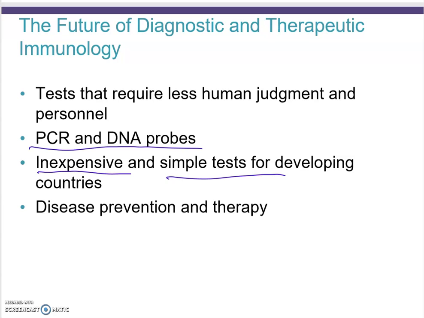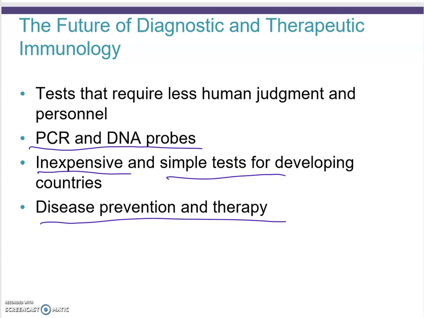And here, this is actually a really big point: disease prevention and therapy. So, of course, you can use your diagnostic tests for disease prevention. You can also use them to diagnose disease, and then use something that leads up to therapy. In addition, immunology has been used widely these days to develop monoclonal antibodies that can be used in cancer chemotherapy. It's a very targeted approach. Also, you have a bunch of new gene therapy approaches, and that will be involving CAR